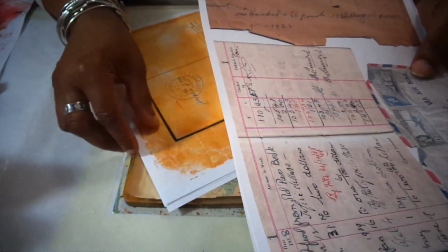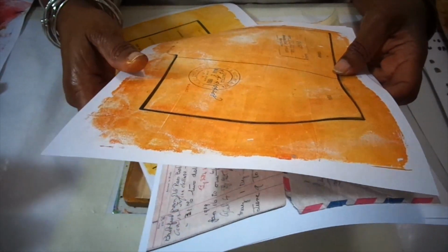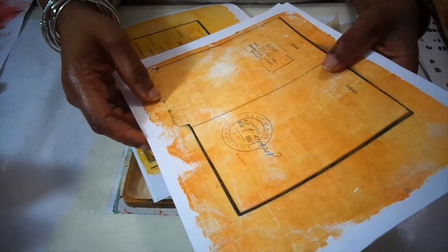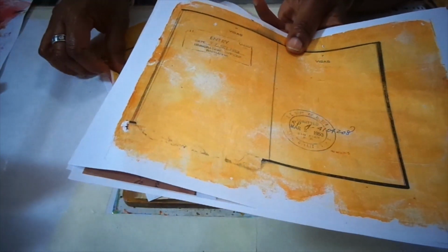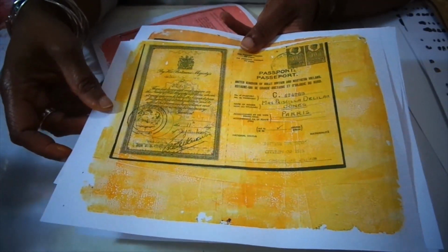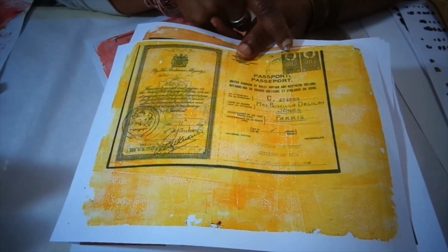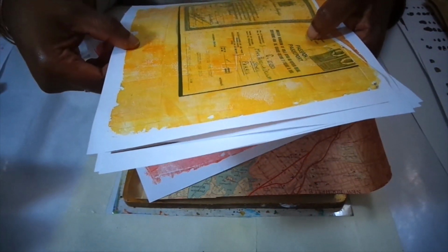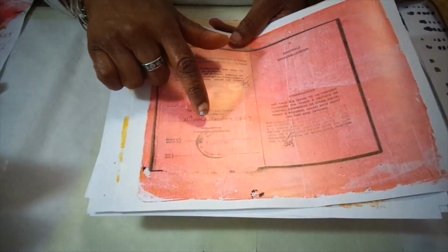And also I had found, I believe, my grandmother's visa from 1953, and it has the stamp, and I would like to use that as well, and her actual cover of her passport. So these types of things with the stamp on it, these emblems, I want to also include in the artwork. Another one, part of her visa,